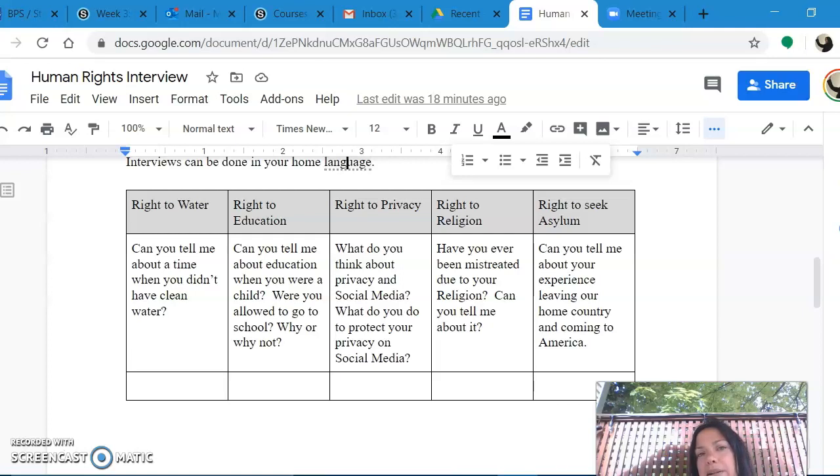Now, your parents or your family members might be answering in their home language, and they should be. That's perfect. What you would do in your movie then would either be to layer some pictures over their voiceover so that we can see what they're talking about, or you might translate some of the words into English and use them as subtitles